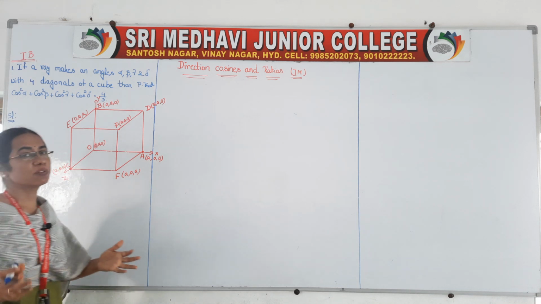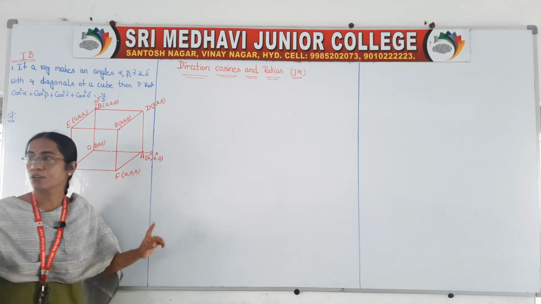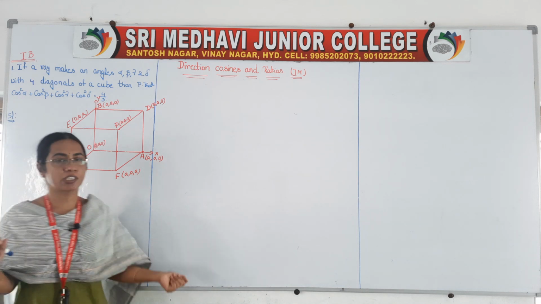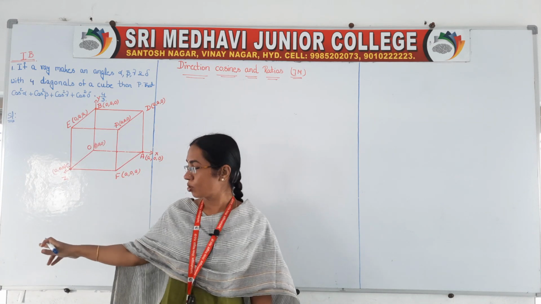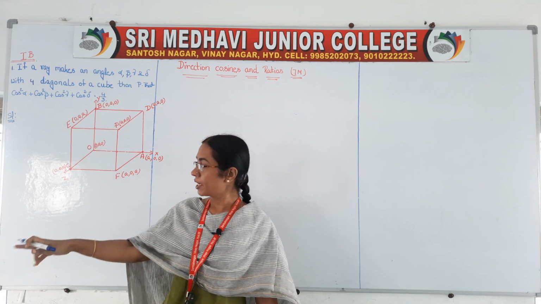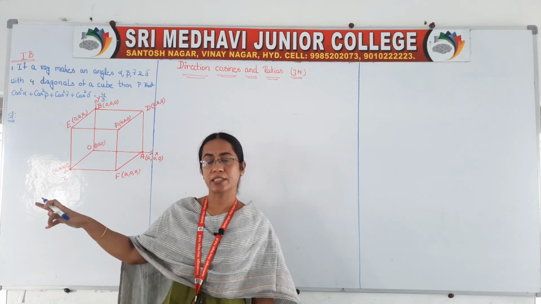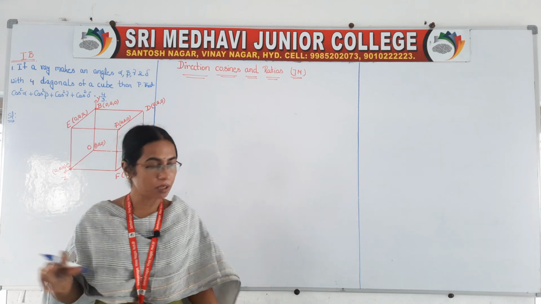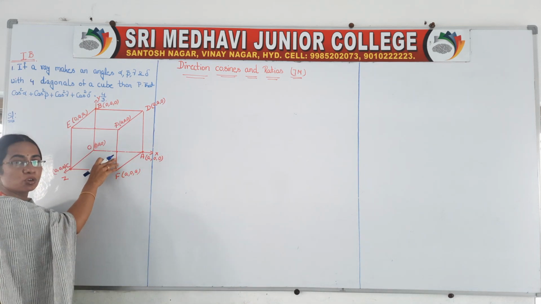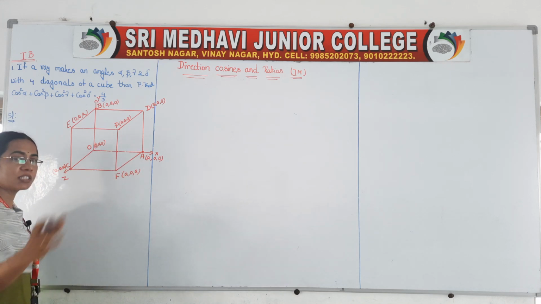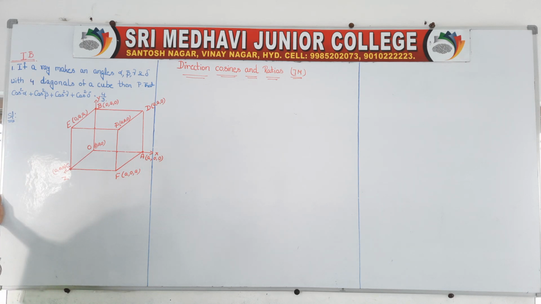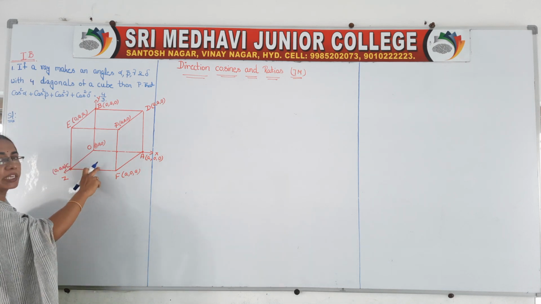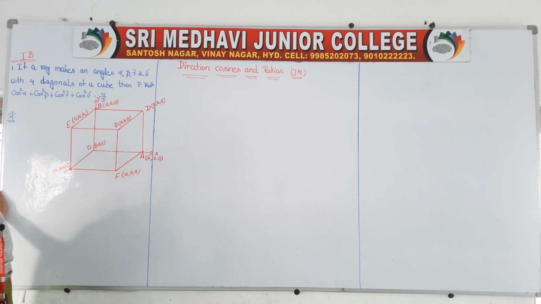Cube means you can imagine one rectangular room, right? Suppose this is the room, a rectangular shaped room. If you take the corner, you will get 3 axes, right? You consider them as the x, y, z axes. So the same thing here also. I have taken one cube. Cube means all sides will be of equal length, right? Actually a square is 2-dimensional geometry and a cube is 3-dimensional geometry. So here we will consider the cube.